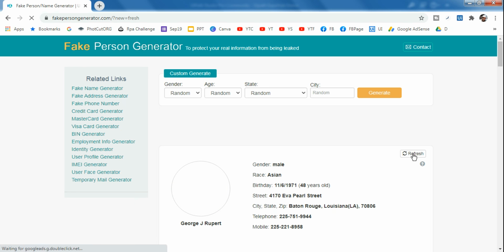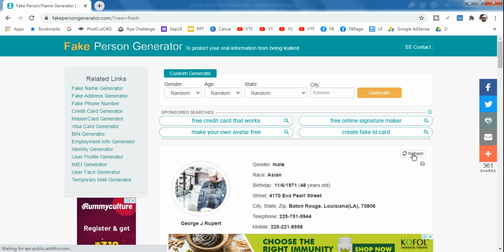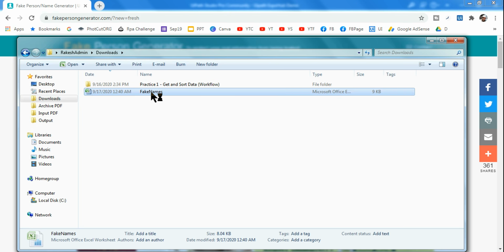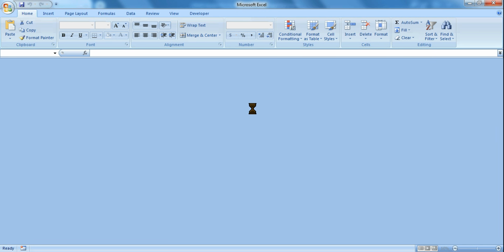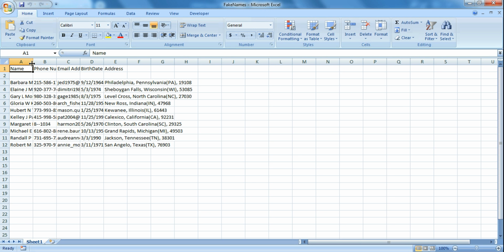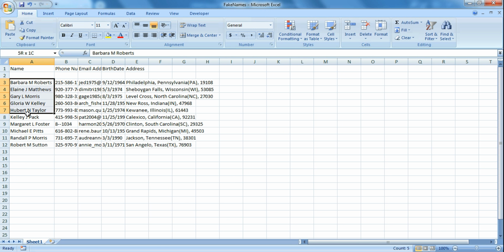All right, almost done, guys, and after this we will see that particular file. Okay, this is complete now. Let me open the file. In the downloads folder, if I go, okay, I have some problem with my Excel file. Okay, it started getting all the data. I had kept my file open that time, but it started getting all the 10 data